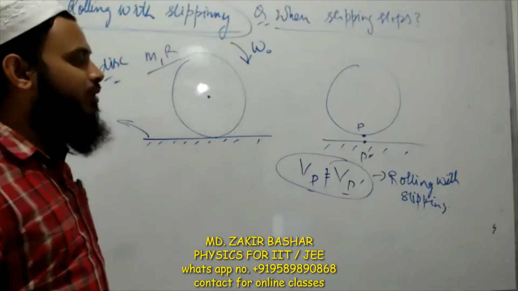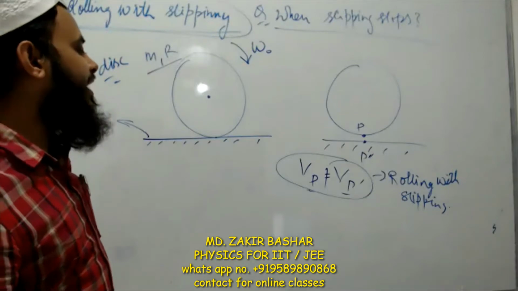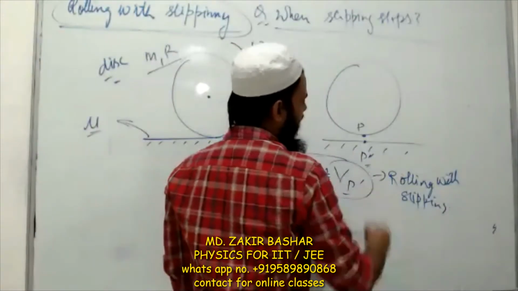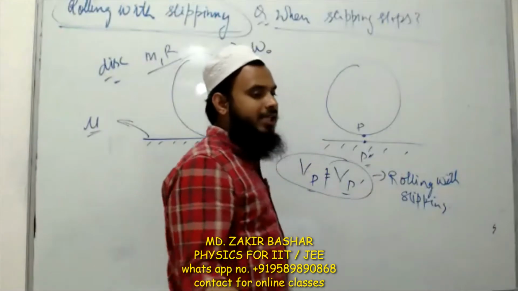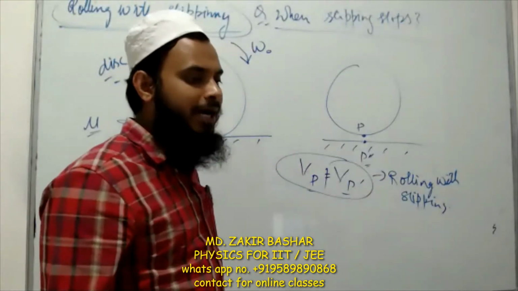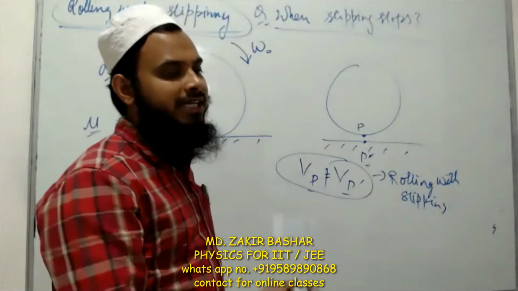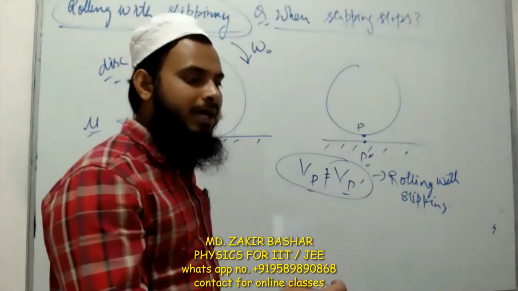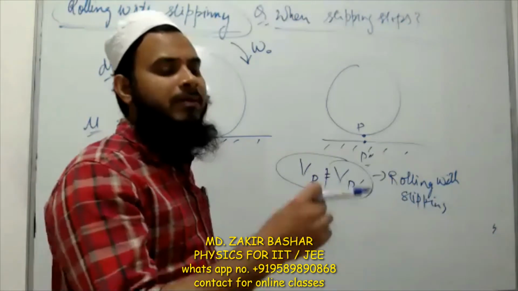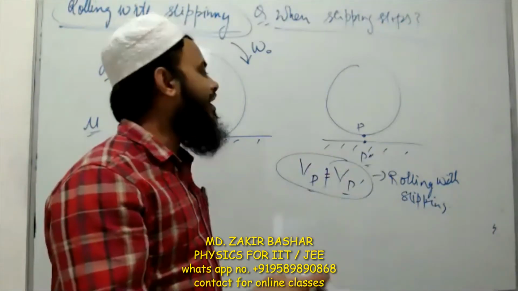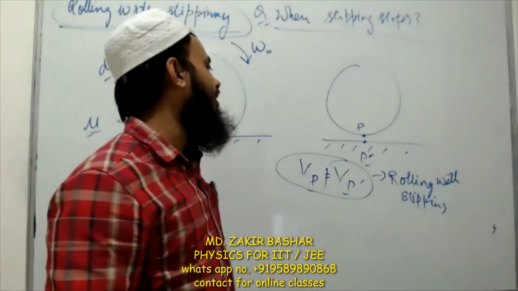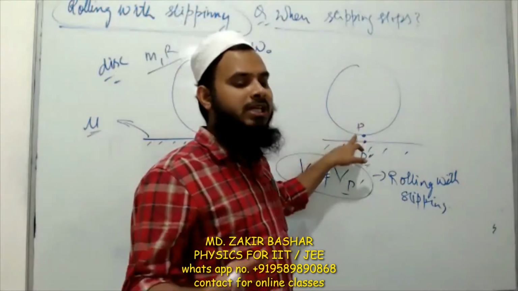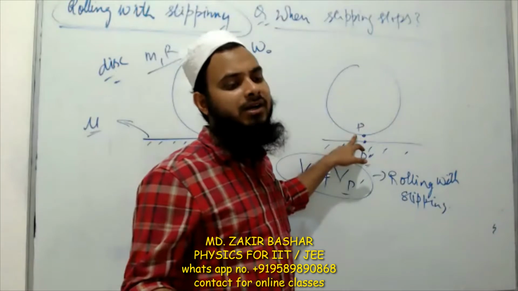So first of all, for doing this question, I have to check the velocity of the point P and the velocity of the point P dash. So what are the steps to check the velocity of the point P? First of all, check the velocity of the center of mass, and then, with the observer on the center of mass, find out the relative velocity of P with respect to the center of mass, and the relative velocity will be the circular component omega into r.